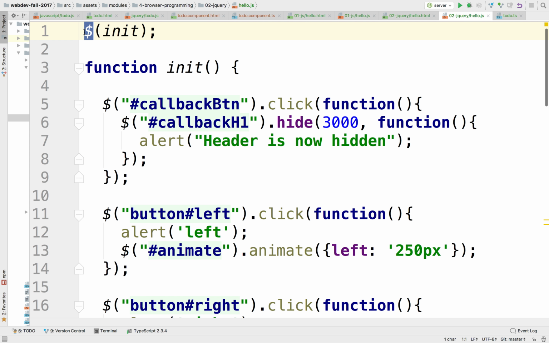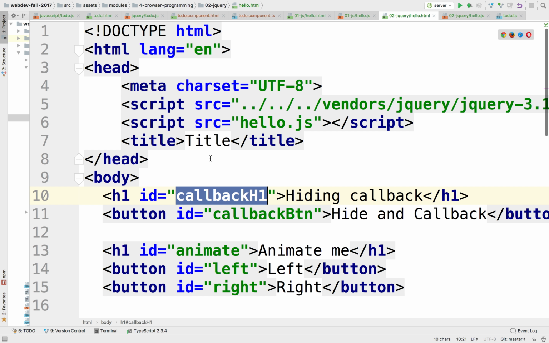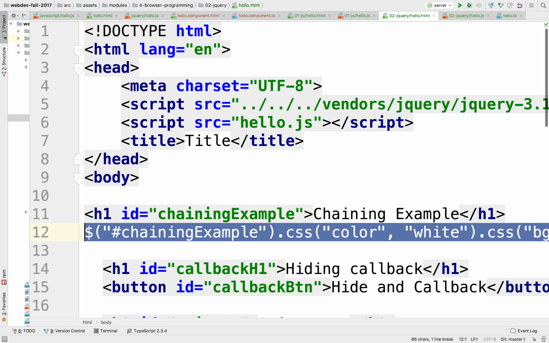Chaining. Oftentimes you'll find yourself doing a lot of transformations. We already did something like that.